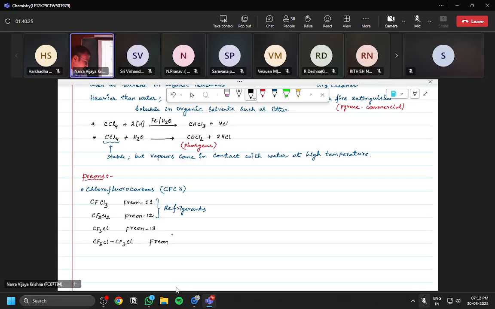Right? 1, 1, 6, 116. 6 fluorines. Right? It is a dimer, no? Means it is CF3Cl dimer. So 0, 1, 3. Right? But it was mentioned as